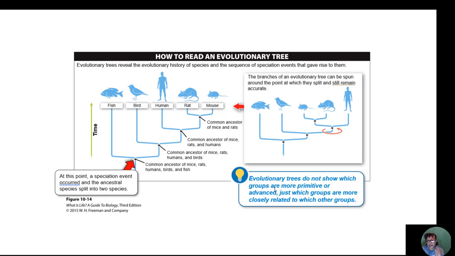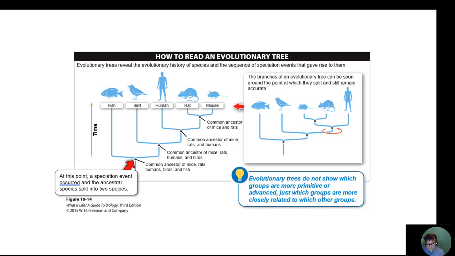Now, the evolutionary tree, this is important, evolutionary trees do not show which groups are more primitive or advanced. So it's not saying that humans came from rats. It's not saying that humans came from birds. That's not what this tree is actually saying. So evolutionary trees do not show which groups are more primitive or advanced, just which groups are more closely related